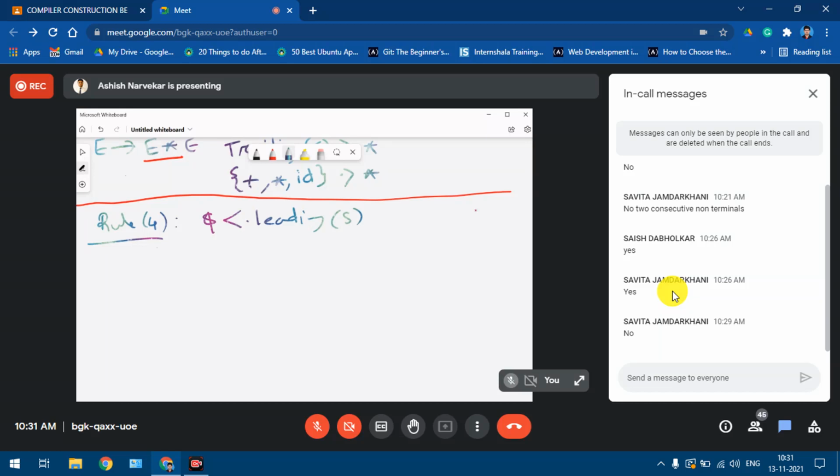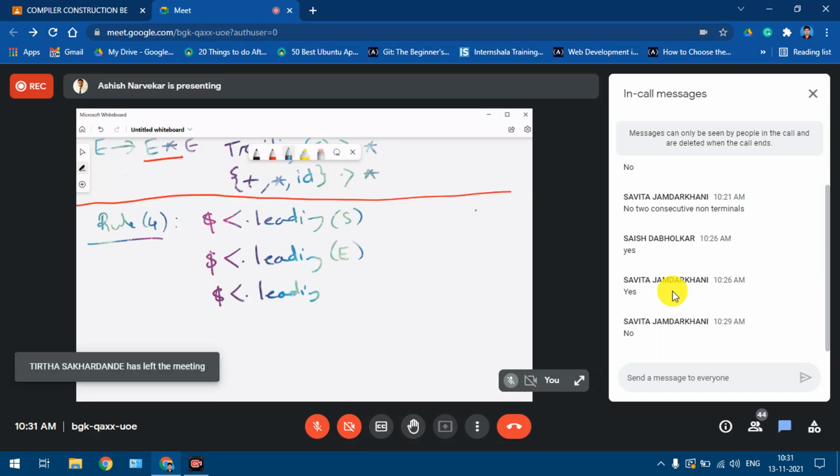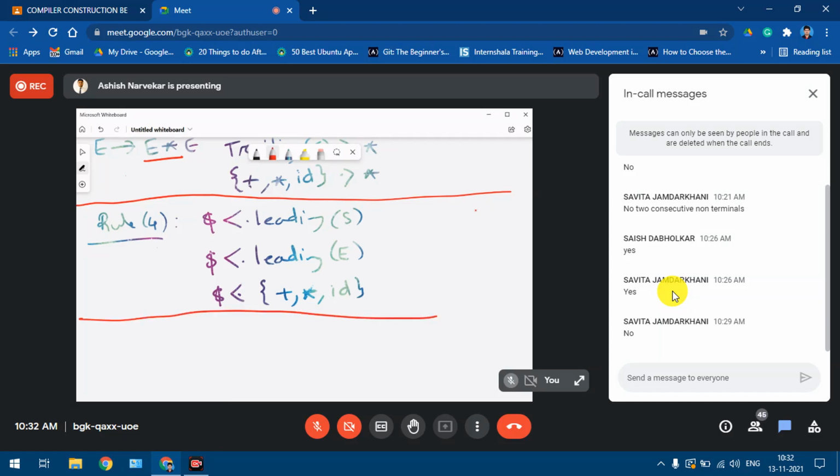So as per this grammar, it is dollar should be having lower precedence than leading of E, which is nothing but dollar having lower precedence than plus, star and ID. So with that we finish with rule number 4.